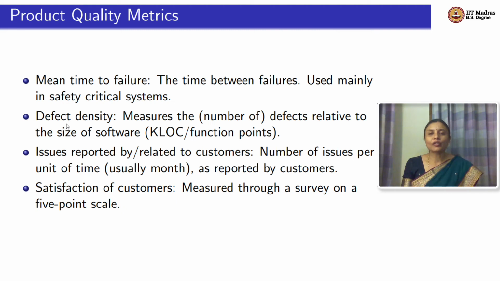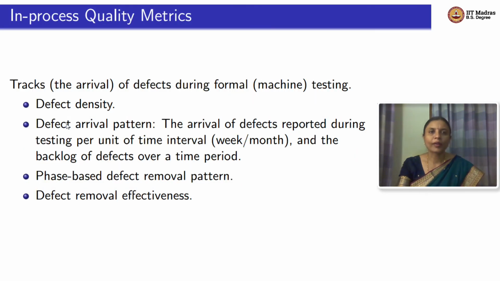Then satisfaction of customers. Usually you take feedback on a 5-point scale: very satisfied, satisfied, neutral, dissatisfied, very dissatisfied. Some use a 5-point, 7-point, or 3-point scale. That is a simple way, a user study, to measure how satisfied the customers are with reference to a certain kind of software. Then we'll move on and look at in-process quality metrics that deal with process aspects of